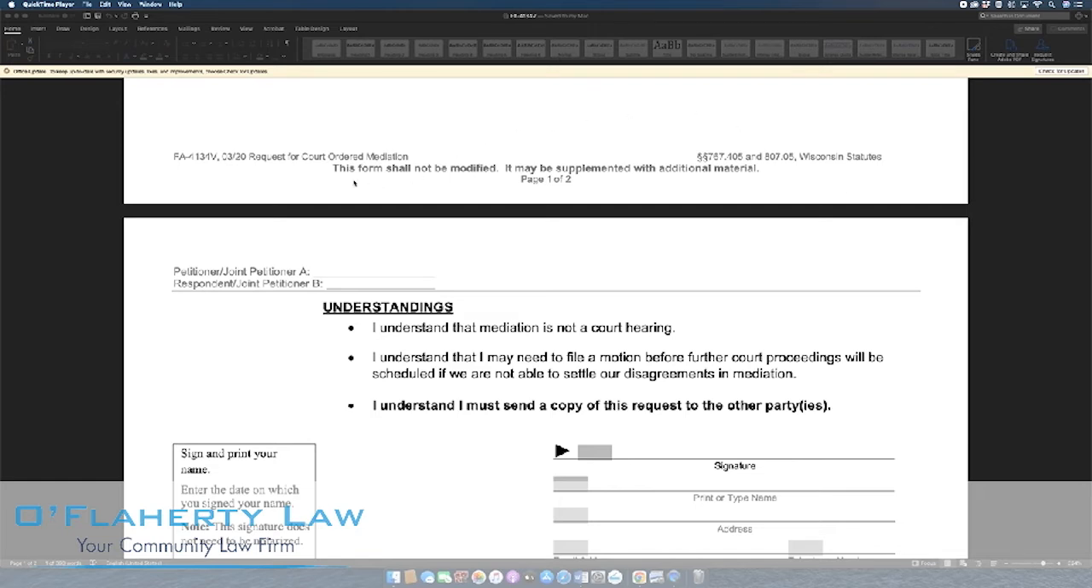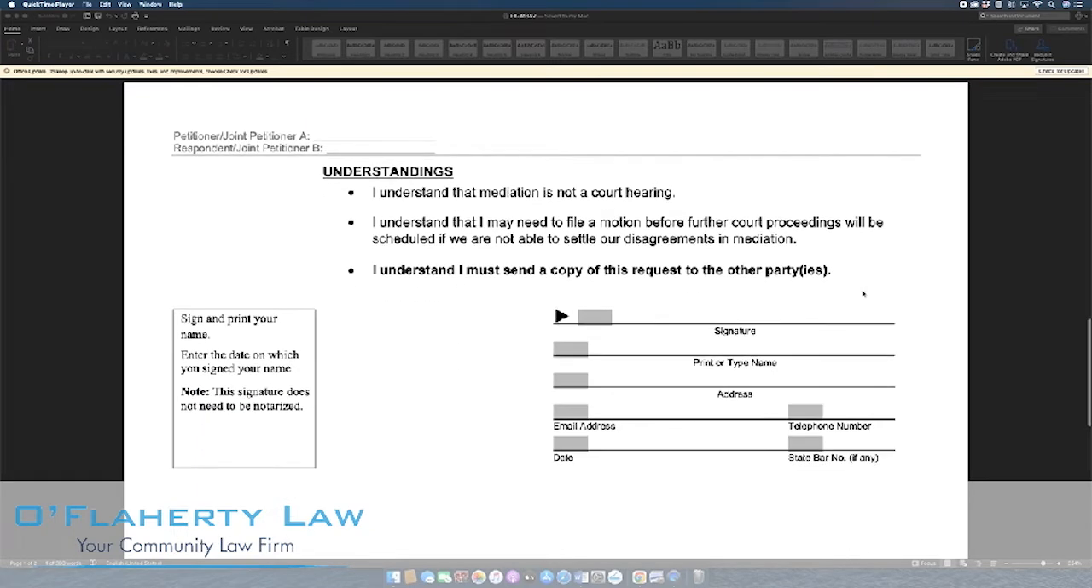And again, we've been through this a couple times already in the video. Don't modify the form. If you need more room, that's totally fine. Just put it on a separate sheet of paper. So moving towards the end of the document, there's a few things that the court wants you to understand before